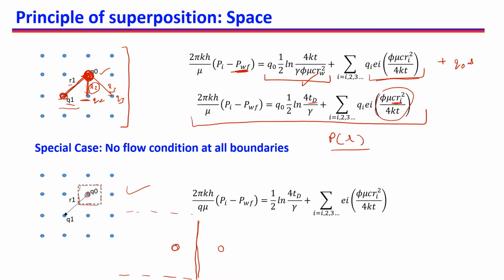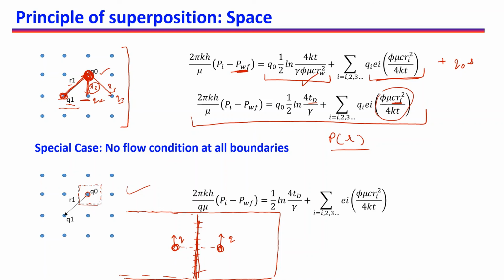So how do we predict how the pressure will behave if we are producing at a flow rate of Q? Then we will consider that this will be a no flow boundary condition. To mimic this no flow boundary condition, we can consider an infinitely acting reservoir, and we can consider this no flow boundary as symmetry between another imaginary well on the other side of this no flow boundary, which is also producing at a flow rate Q. Because of symmetry, now we will have a no flow condition at this boundary.